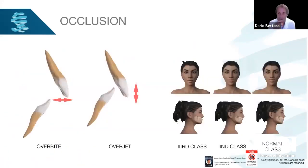And some words about the occlusion. I'm a maxillofacial surgeon as well as ENT, so I care so much for the occlusion, not because we have to change the occlusion, but because when we speak about the nose, we also speak about the profile. So whenever I look at the nose and it's over-projected or it has an unpleasant nasolabial angle,